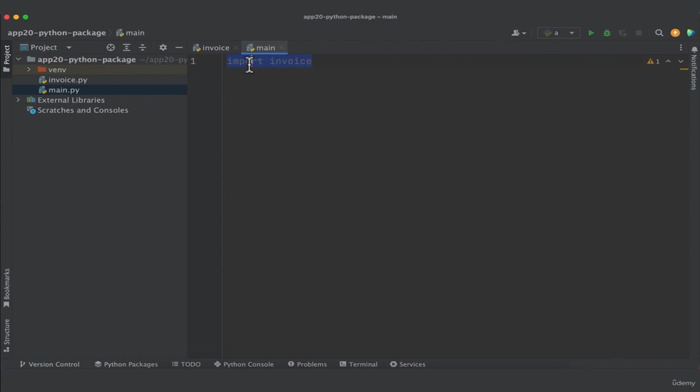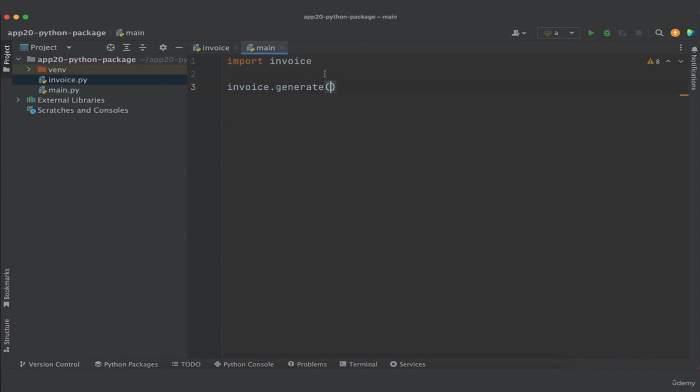Now this works for now because invoice is in the same directory as main.py, right? In a real scenario, the user would install invoice from PyPI, and then they would import it the same way. But for testing purposes, we don't need to upload it to PyPI yet, since we have it here. So import invoice and then